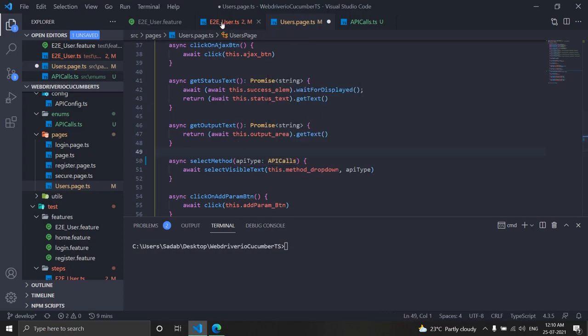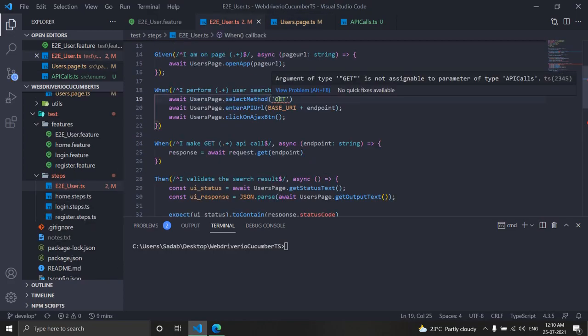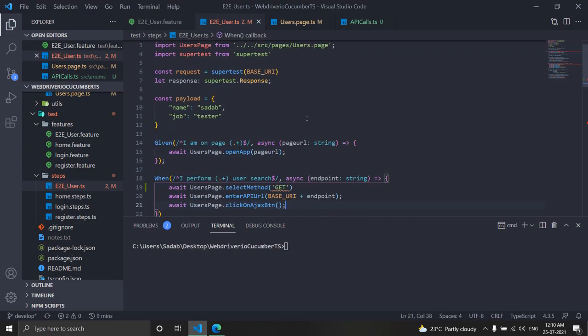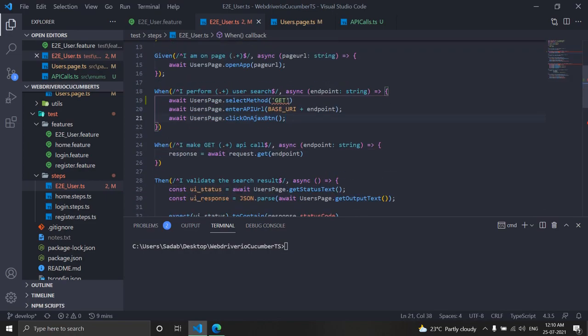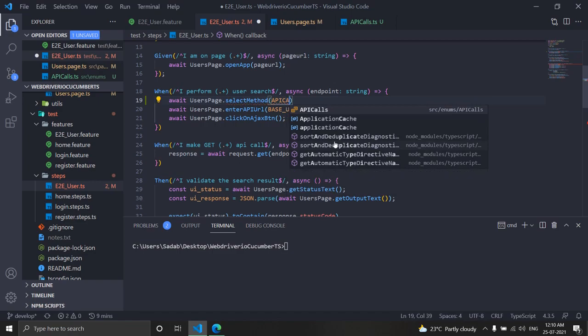Now there is an error in our test. If you come here, it is saying argument of type get is not assignable to parameter API call. So it is expecting not this type, but type of API calls. It will give you a compile time error itself. Now if you want to pass the type, just say API calls, imported. If you select the auto suggestion, it will auto import.